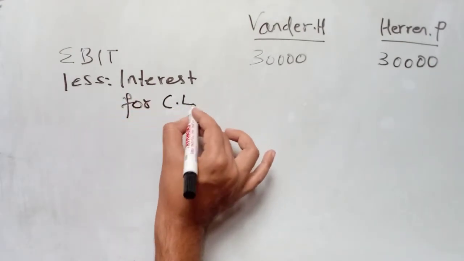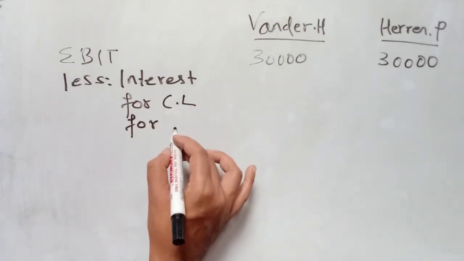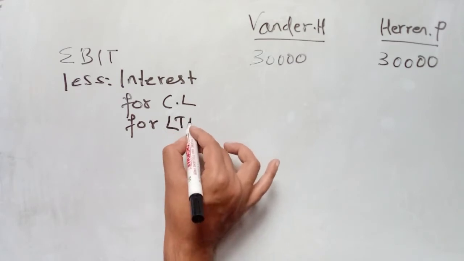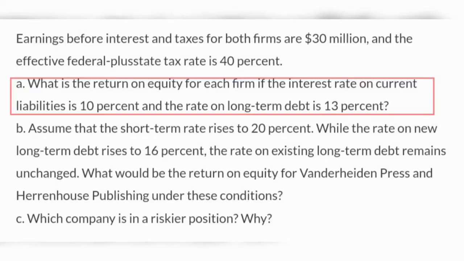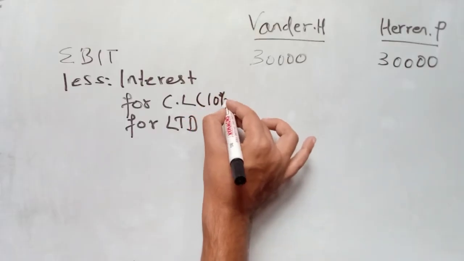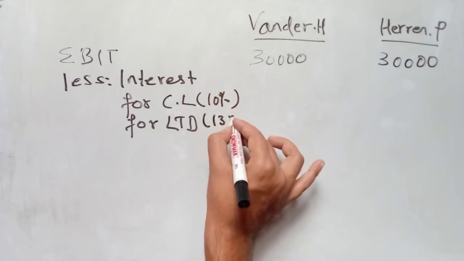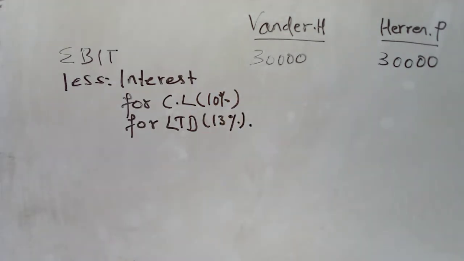For current liabilities the rate is 10%, and for long-term debt it is 13%. If we look in the question, for Vanderheiden Press, current liability is 20,000 and